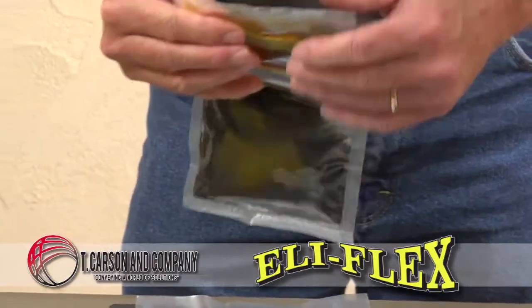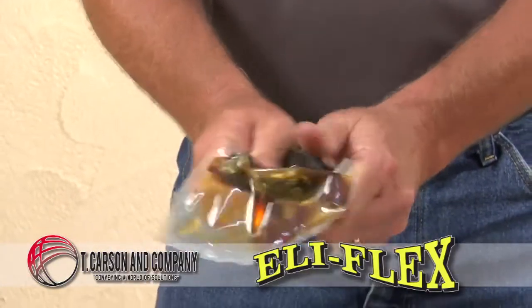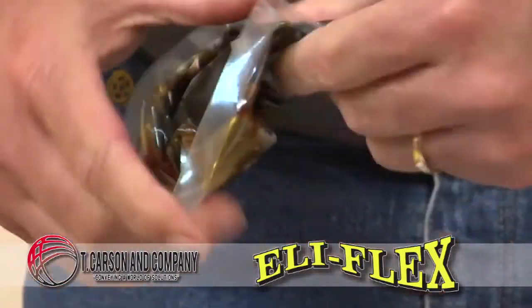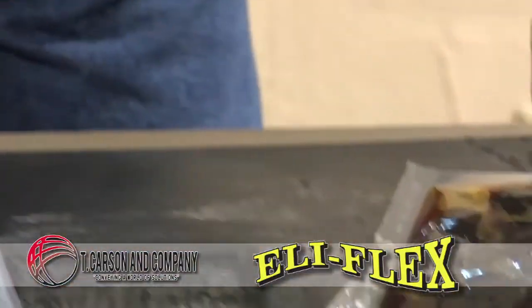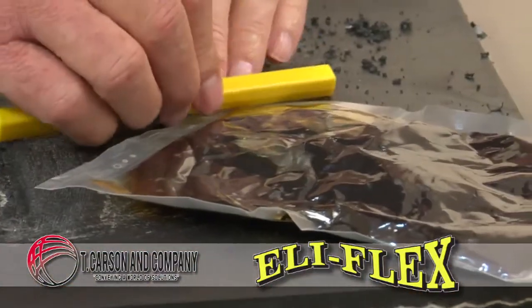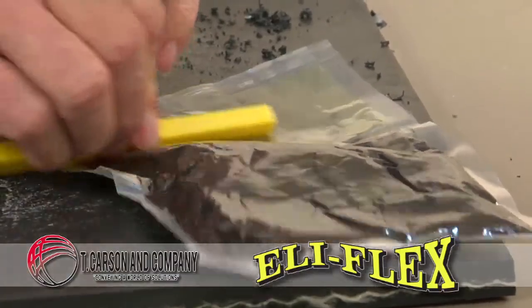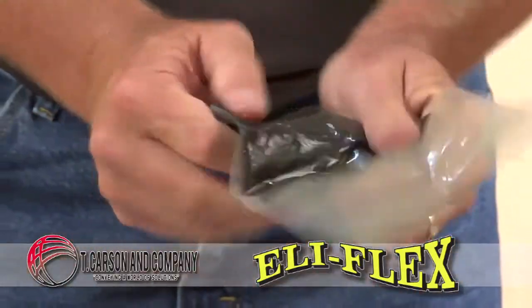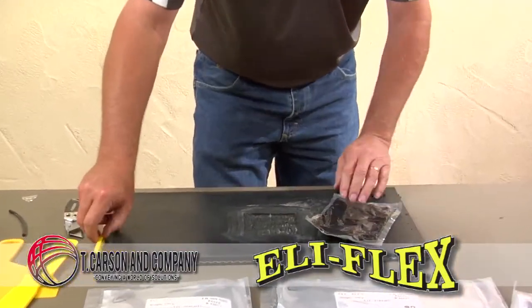Mix by kneading and squashing the resin back together until it starts to warm up, approximately 3 to 4 minutes. To ensure a homogeneous resin mix, use the plastic clip to move the resin from the corners of the resin pack towards the center. After thoroughly mixing the pack,